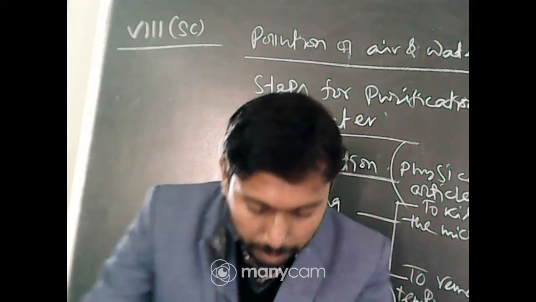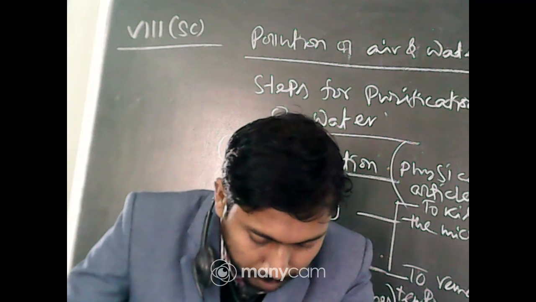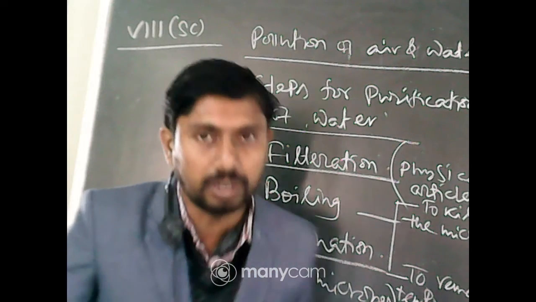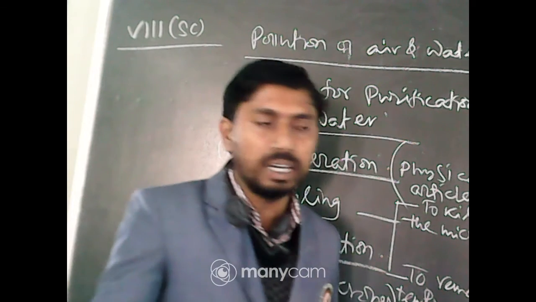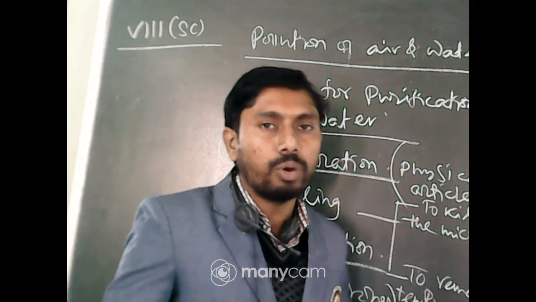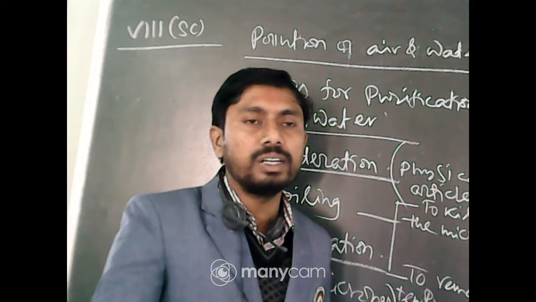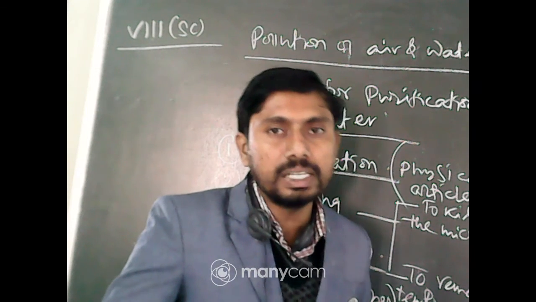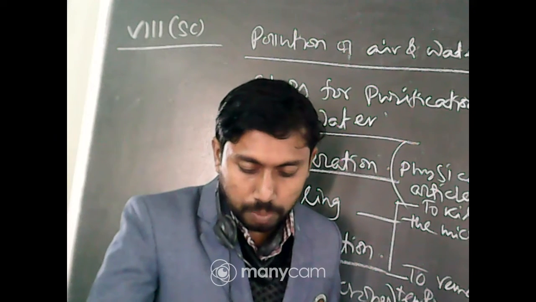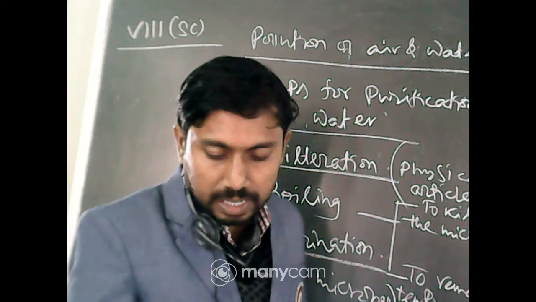Next one, we have already seen how water is filtered. This is a physical method of removing impurities. A popular household filter is the candle type filter. Everyone might have seen the candle filter. Now we are using the UV RO filter, which is more updated, but a candle type filter can only remove physical substances. Many households use boiling as a method for obtaining safe drinking water. Boiling kills germs present in the water.